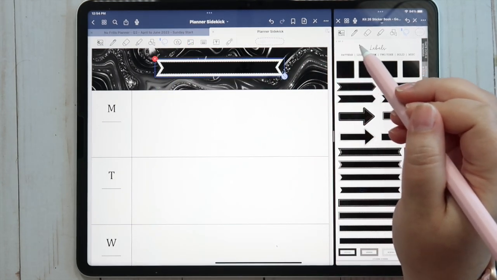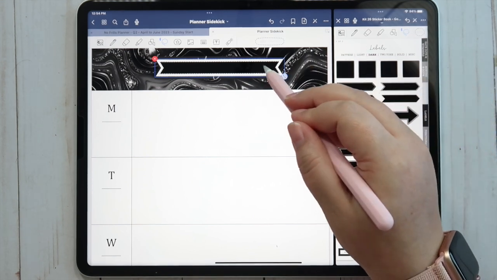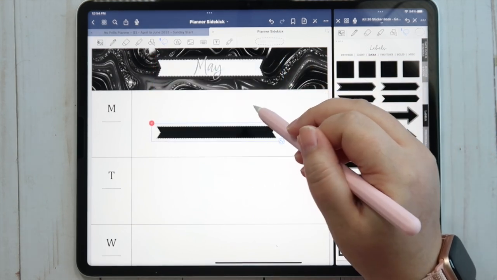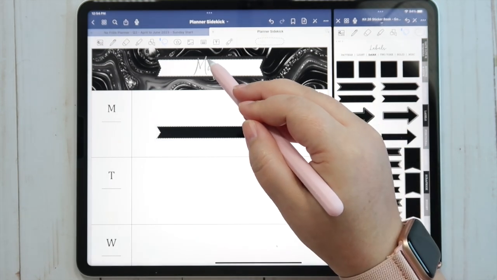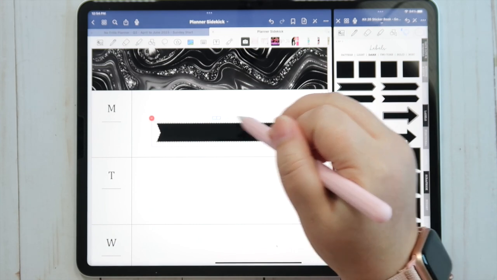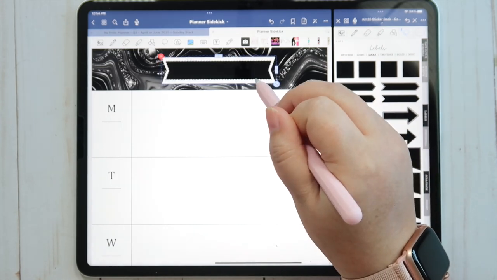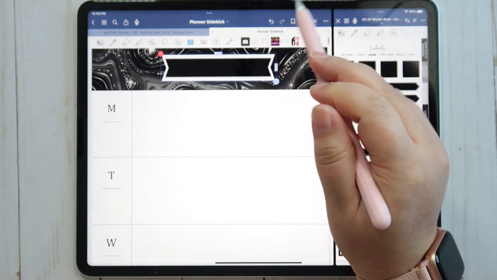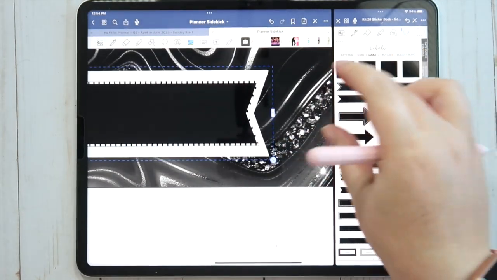That looks pretty cool. What do you guys think? I think that looks cool. Okay, so let's get rid of these guys. And then, yeah, I'm really digging that. I feel like that looks really, really cool.